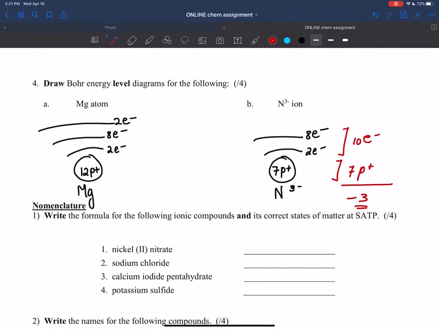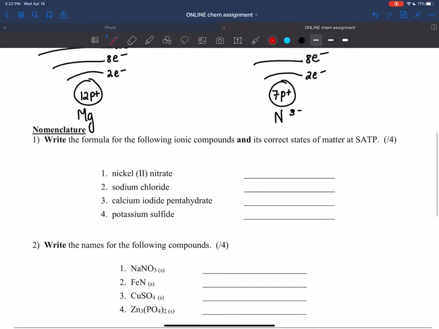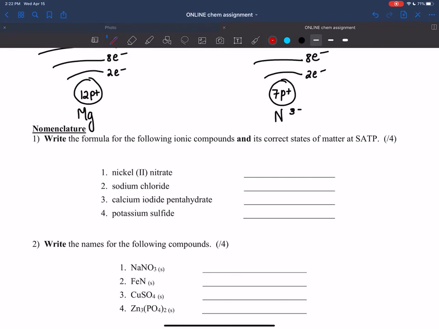Okay. And you don't need to have any of this for your answer. You just need to have that. So write the formula for the following ionic compounds and the correct states. All right, nickel 2 nitrate. So I'm gonna need nickel and then nitrate and 2 and an S. So I have nickel is 2 plus, nitrate is -1. So if I put it on a teeter-totter, I'm gonna need another nitrate right here. So I need 2 nitrates for every nickel, which means I'm gonna put these in brackets and then put a 2 on the outside. Okay, sodium chloride,